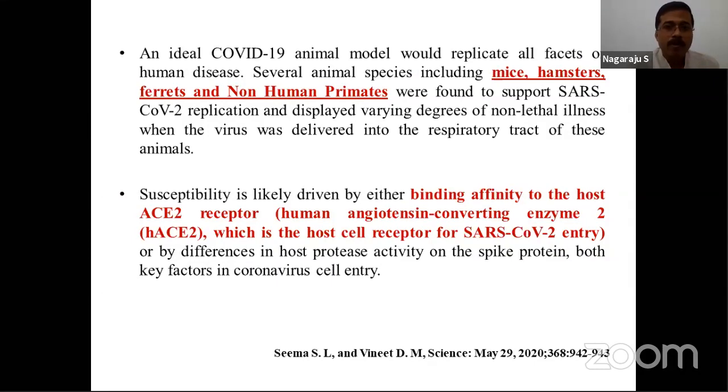How the animal model should be. An ideal COVID-19 animal model would replicate all the facets of the human disease. That means all the characteristic features have to be present in the animal model. The characteristic features are such that it has to infect the upper respiratory tract, the lower respiratory tract,